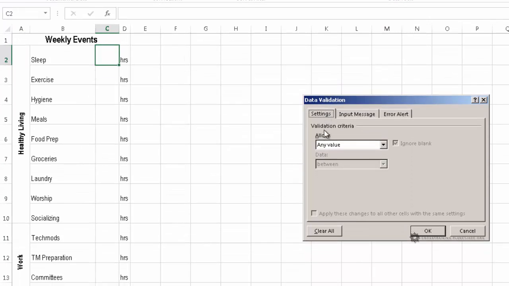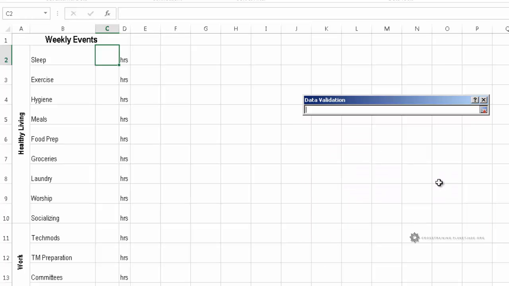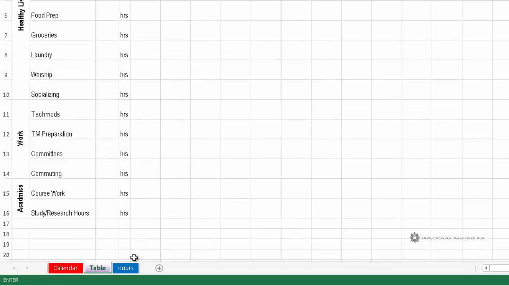And the first thing it's asking me is, what do I want to allow in that cell? And right now it's set to any value, and I don't want any value. I want it to use values that are going to come from a list. So I'm going to choose list. And then down here it's asking me, what is the contents of that list, the source? So I'm going to click on this button over here. And we notice it says data validation, and right now it's blank because it doesn't know what the list is,